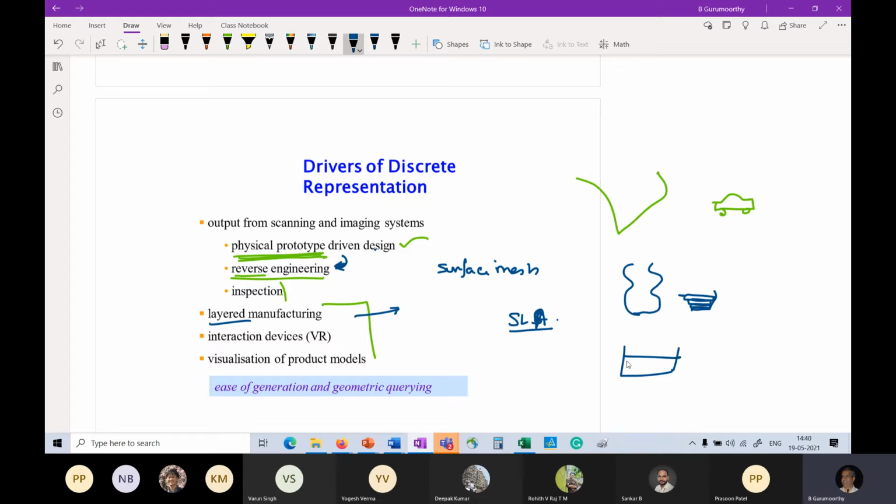So I have a film of photopolymer here, and the laser will trace a contour. On the plan, it may trace a contour that looks like this, and it will solidify along that contour. It can trace another contour, and then it will trace these patterns inside. And so you get one layer that looks like this, a hollow part with complex curves.